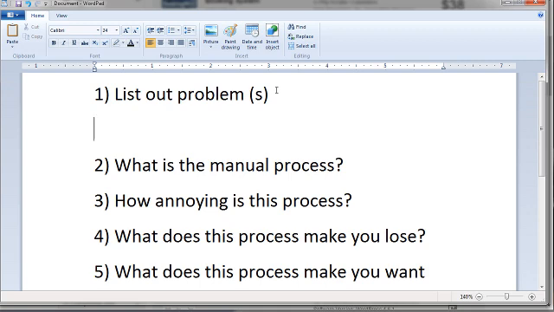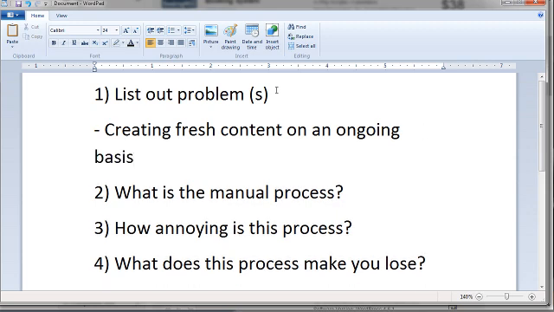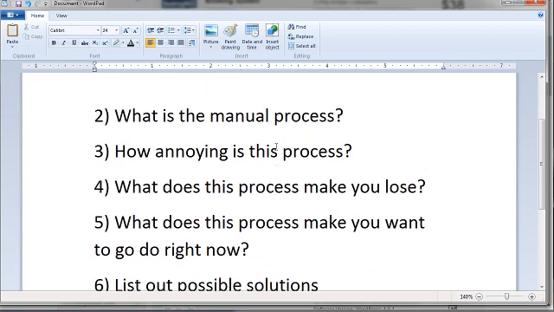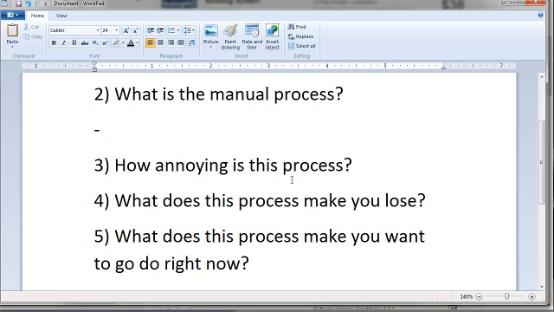Let's think about some problems that we actually looked at. If you remember in the previous videos, we found that a lot of people were frustrated with creating fresh content. So creating fresh content on an ongoing basis. So that was one of the major frustrations in relation to the frustrations with the website, remember? Now, what is the manual process? Well, there are many different ways of going about this. So manual process is obviously creating content from